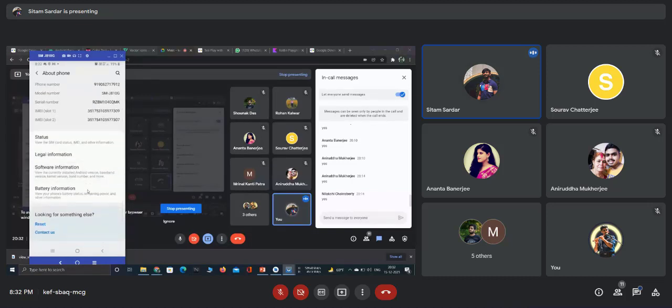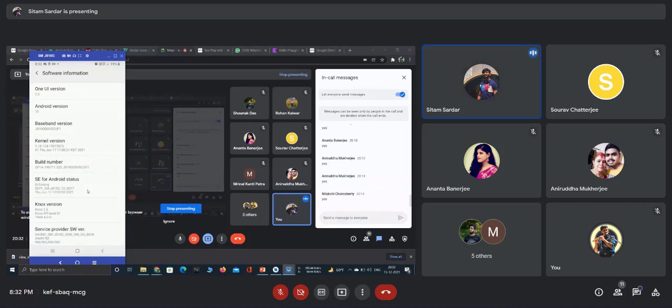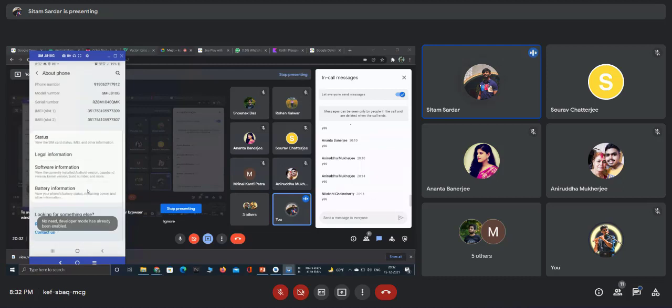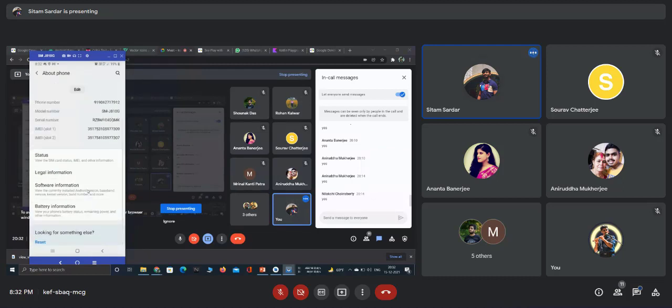Software information may be there. Yeah, so go to this section and when it opens up, then you need to click here 7 times. Okay. Whenever you click 7 times, the developer option will be enabled.